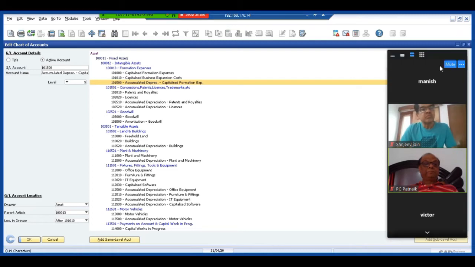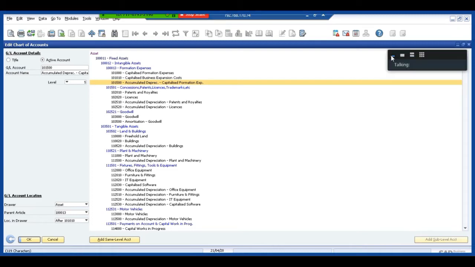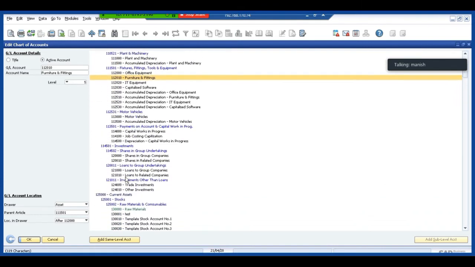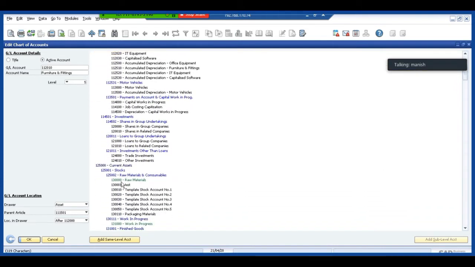And if I scroll down, I'll even see a green color. Now that green color would be an asset that is being mapped somewhere. I'll show you. If you see this particular account, 1,30,000, that is raw materials, it is light green in color. This would indicate this account is being mapped somewhere. Account mapping could be in multiple places, but the green color would denote that this is an account which is mapped somewhere or the other.